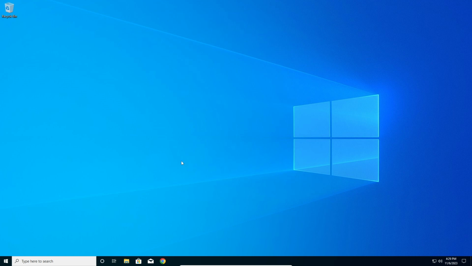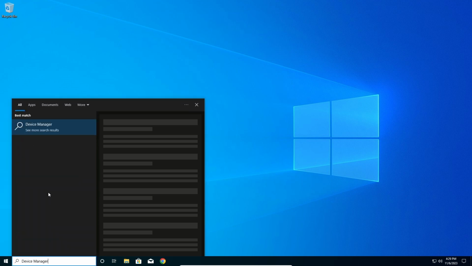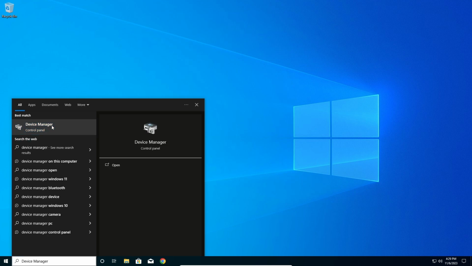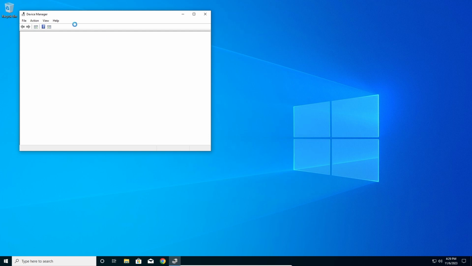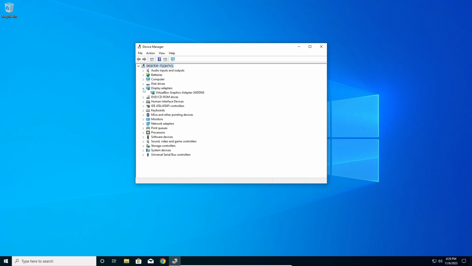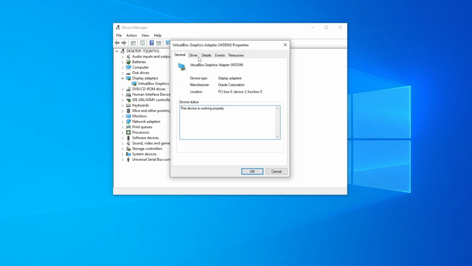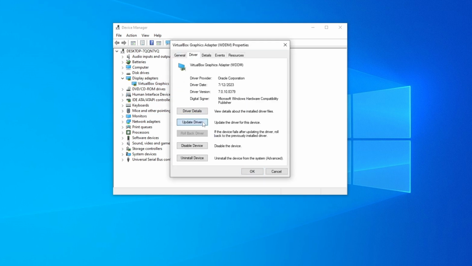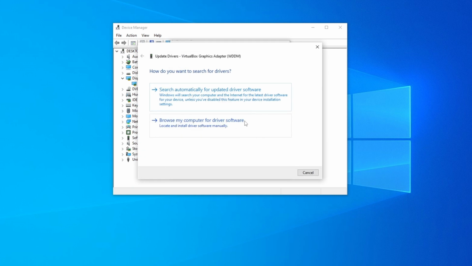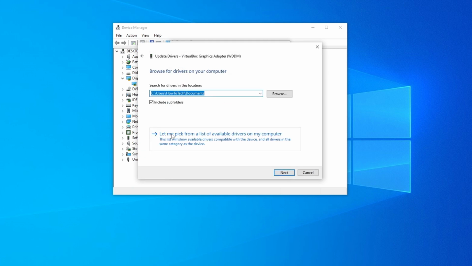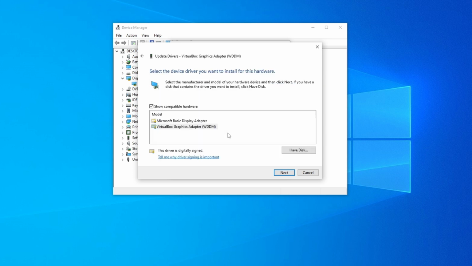Which you can try is to go to Start and type in Device Manager like this, and then click on this one, Device Manager, and then here we're gonna go to Display adapters, select Display adapters, and right click on your graphics card, your display adapter. You may have multiple of them, so go to Properties, then go to Driver, go to Update driver, go to Browse my computer for driver software, go Let me pick from a list, and here you